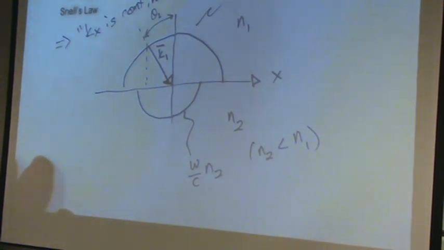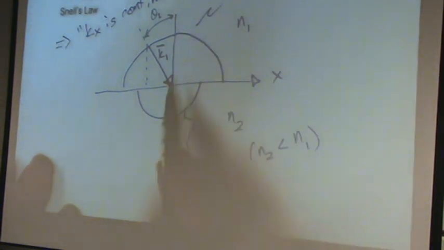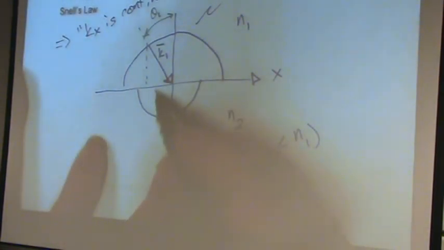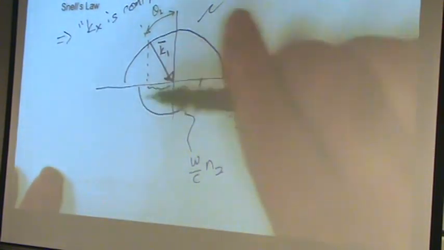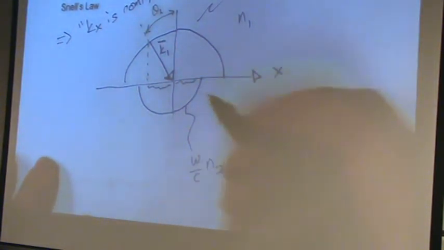Okay. So what the heck do I mean by k sub x is continuous? This is k sub x. This much. It's the x component of this k vector. So on this side, the x component was this big. With me? Cool. So on the other side of the interface, it has to be that same size. So I measure this, and I plunk it down over here, and it's that much. So